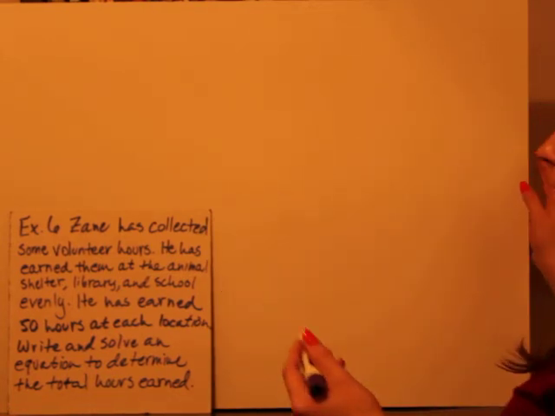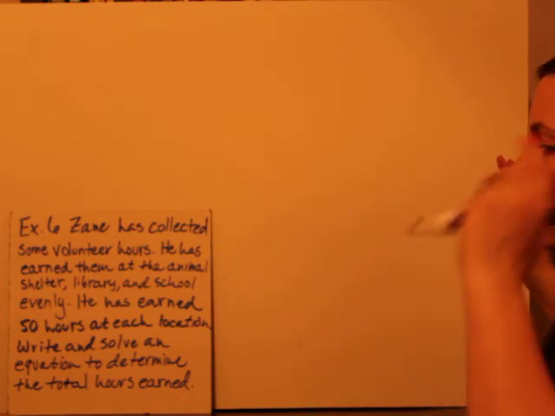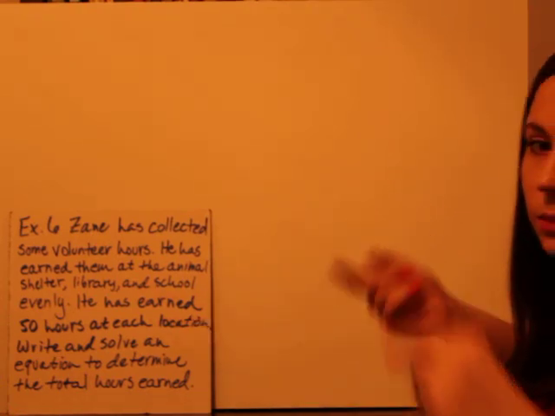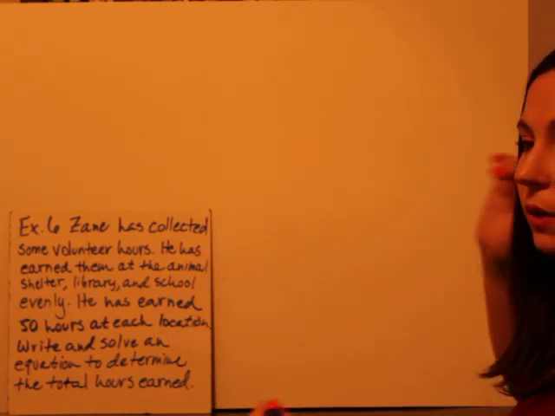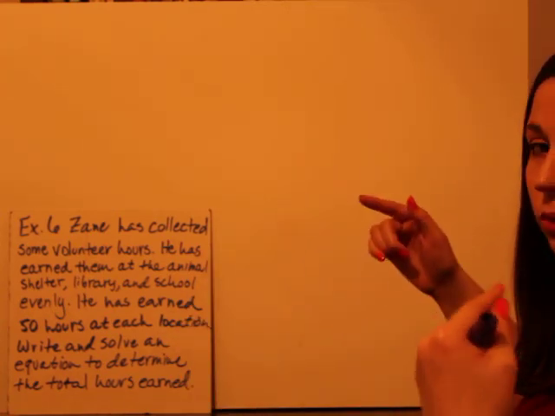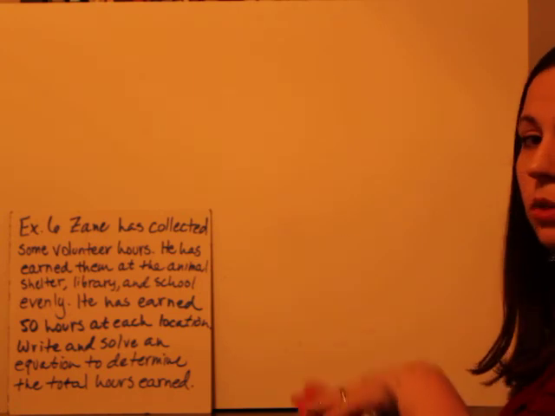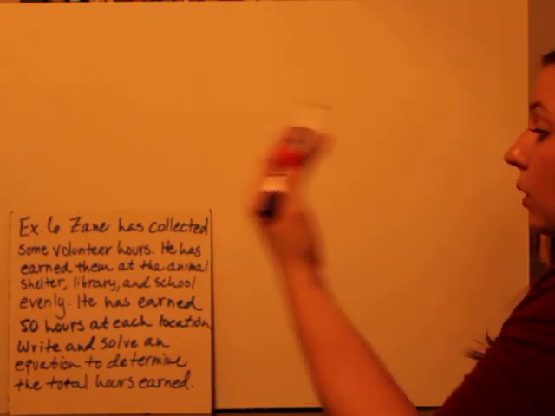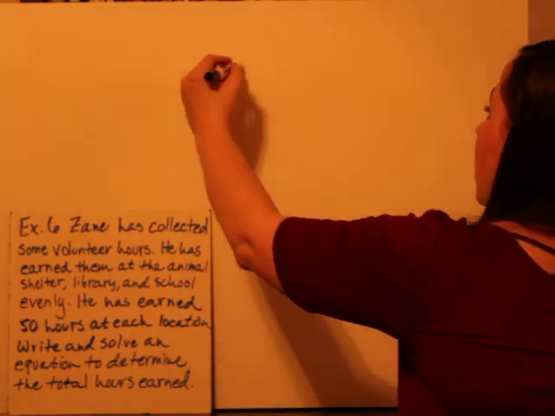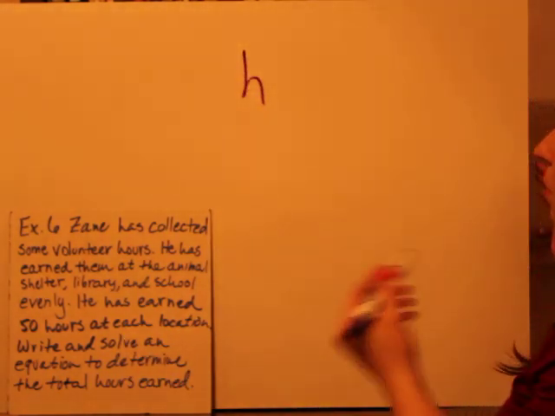So that is a division one, because if you think how you would solve that, well, you take 3 times 50 and get your answer out. But when we're writing an equation, we have to think backwards. So if we're thinking to solve it, we're going to multiply. We're going to write it as a division equation. So I don't know how many total hours, so we'll put H. The number of hours